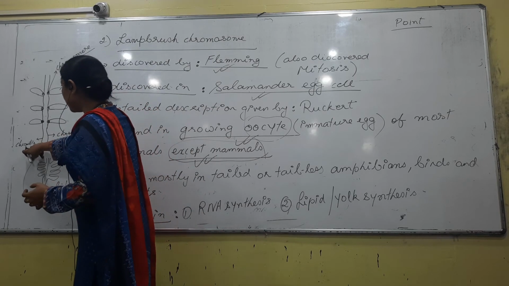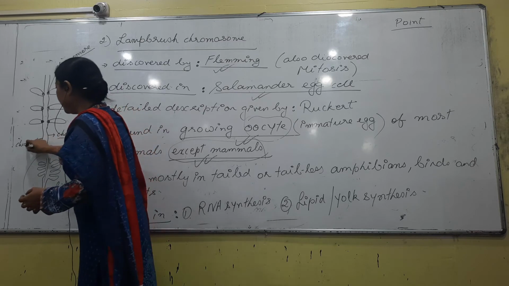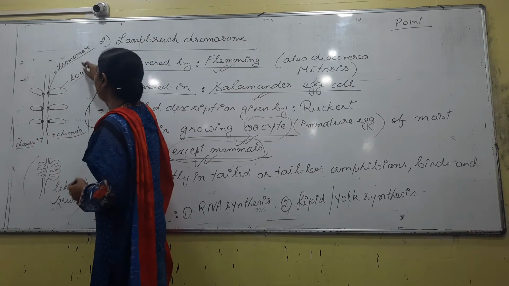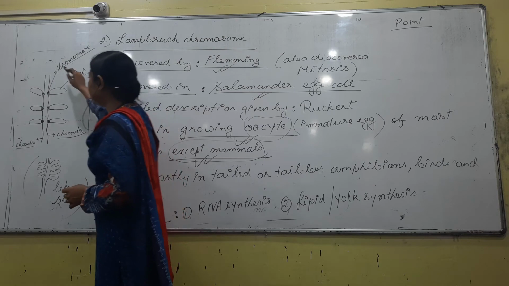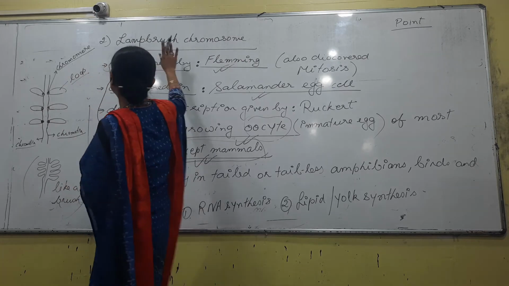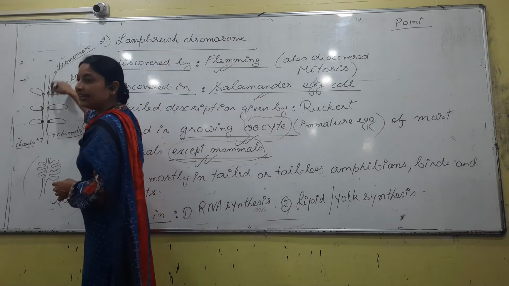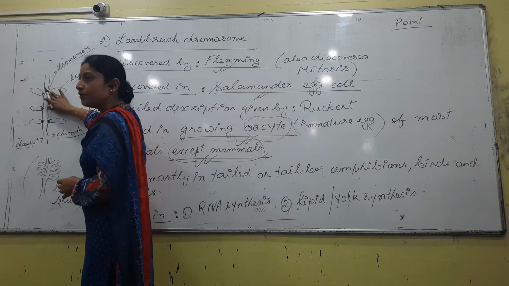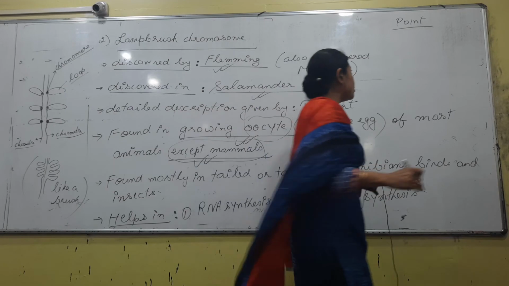There will be two chromatins. This is chromatin, this is a loop, this is a chromomere. And what is this? It is one chromosome. What is the name of this chromosome? Lampbrush. There are two chromatins, but ultimately it is not two chromosomes. So the name of this chromosome is the lampbrush chromosome, and this type of chromosome is seen in